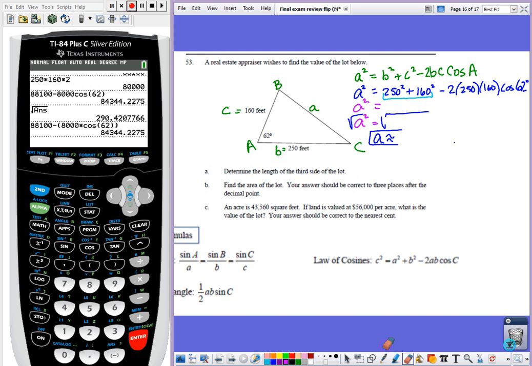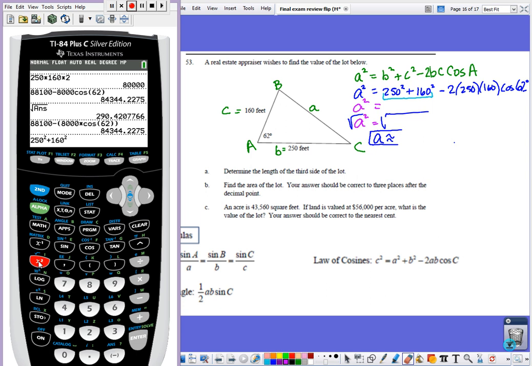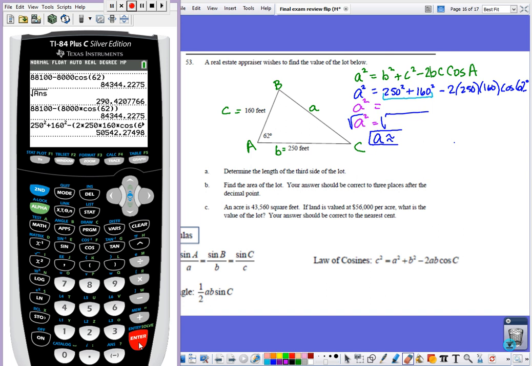Previously I was simplifying and I got a different answer, so let's not simplify. Just type it in exactly as we see: 250 squared plus 160 squared minus the quantity 2 times 250 times 160 times cosine of 62 degrees. We need to close that parenthesis and then close the parenthesis again for this whole thing, and then I get